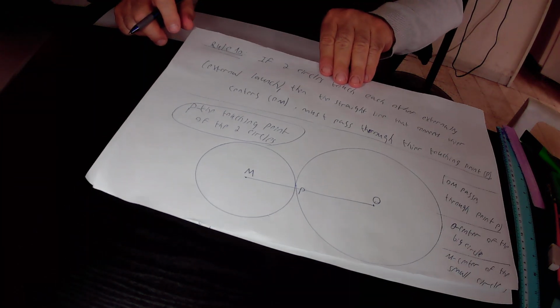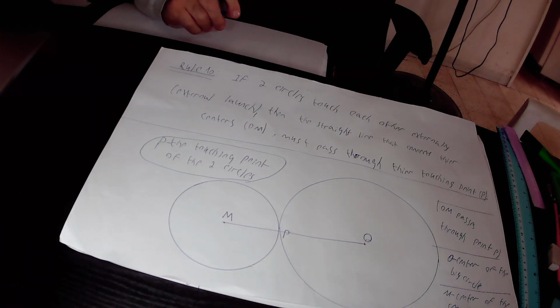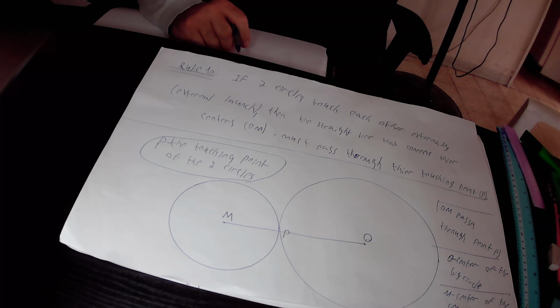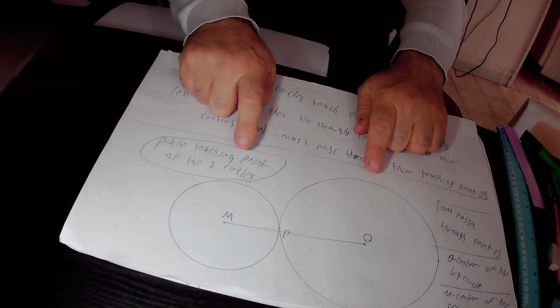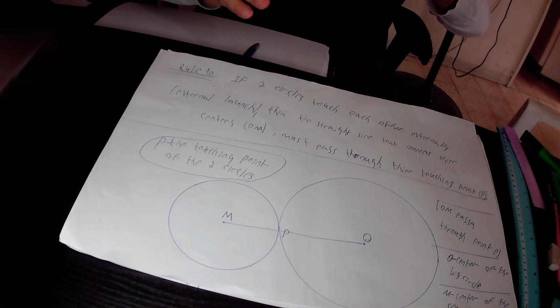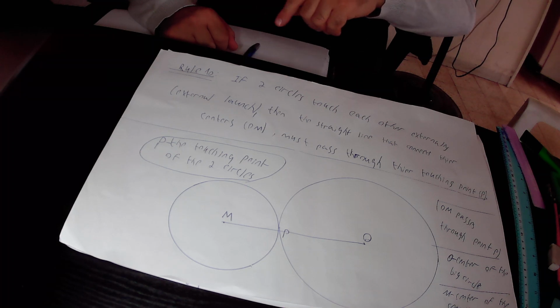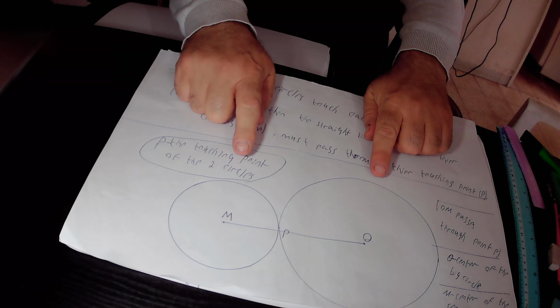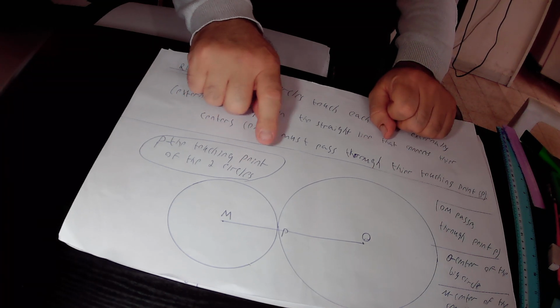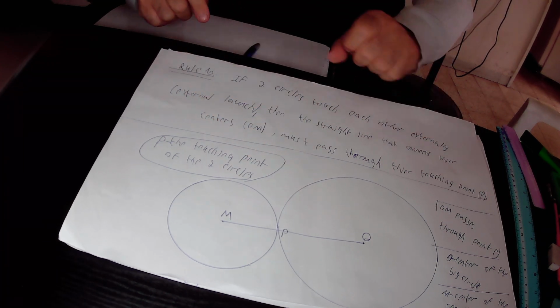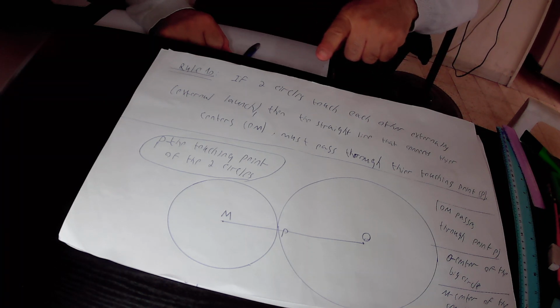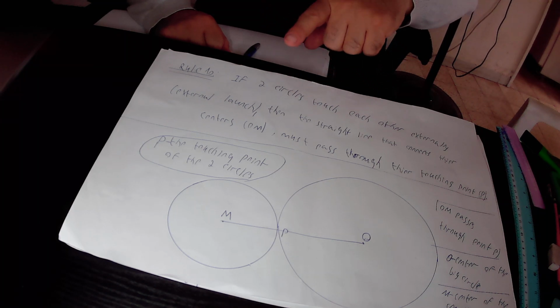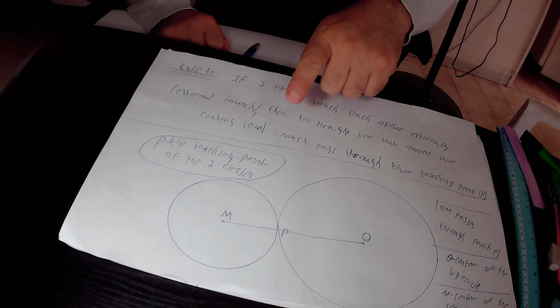According to Rule 10, if two circles touch each other externally, here we have in the drawing two circles, and they touch each other externally at this point P. So if two circles touch each other externally, then the straight line that connects their centers together, we have here